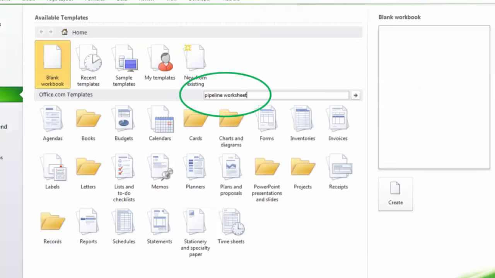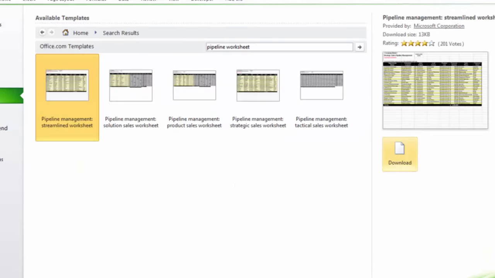I mentioned doing funnels and pipeline worksheets. As you can see, just type in pipeline worksheet, and there you go. Lots of templates already created. You don't have to create them yourself. Please keep track of your clients, where they're from, how they found you, and what their estimated